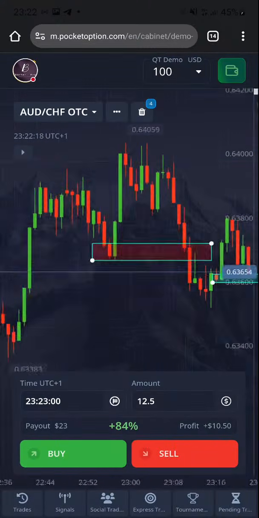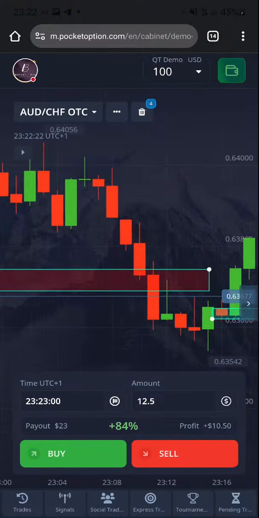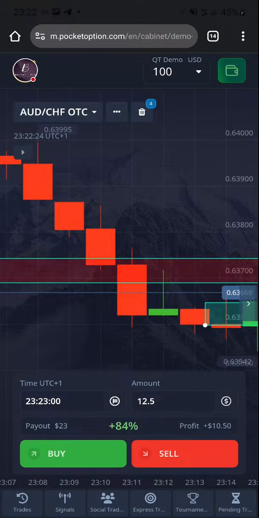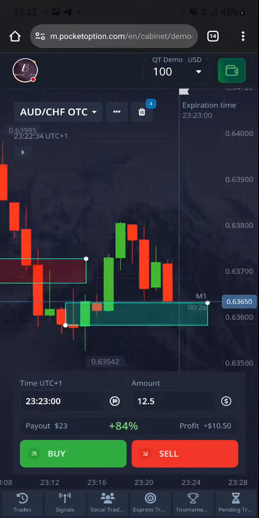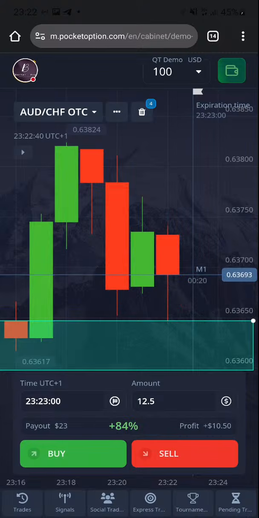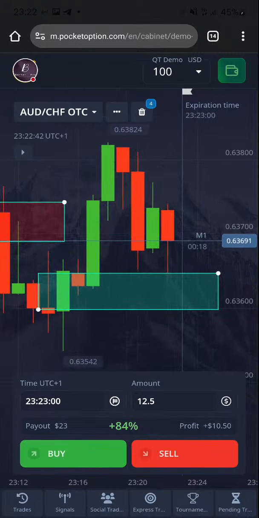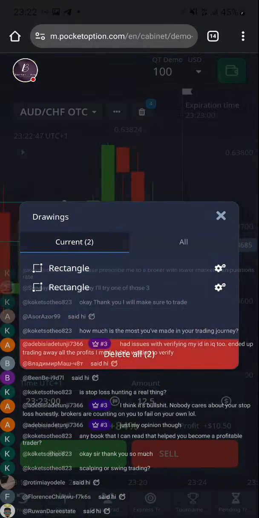How do I know it's DBS? Because this buyer's area, demand, but price broke through it and the sellers came in after the breakout. They treated this area as a supply. So that's why the price rejected from this area. You can see the same thing may happen here too. If price comes here, I'll go with the buyers, but I have a feeling they may just break through it and turn it into an SBD too. So you see all these market conditions.